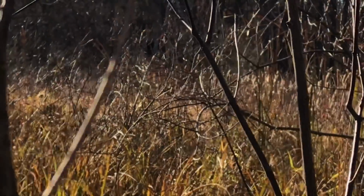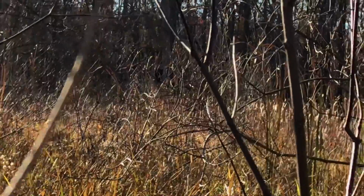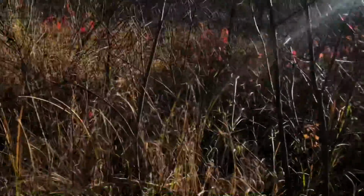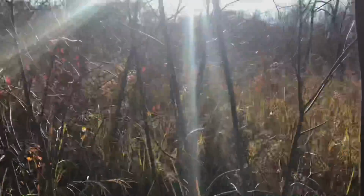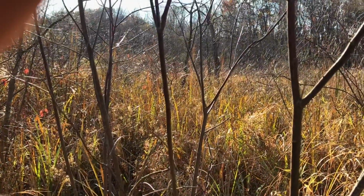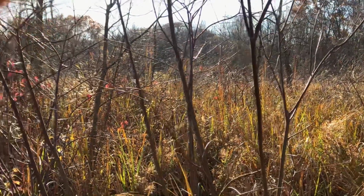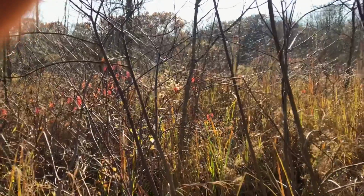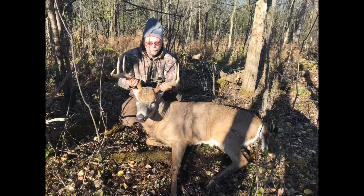It's that way. Box blind up there. Yeah. On that big willow on the edge of the hardwoods. And he walked straight that way. And then he got a little bit past that tree, and that's when I noticed him, that little tree there. Yeah. And then he saw me, and he turned and went that way, and that's when I got a chance to shoot at him. We're not exactly sure if that buck was bedded there before it came to him, but